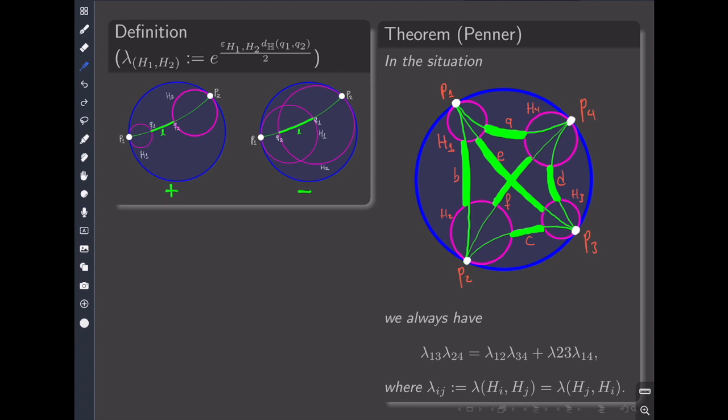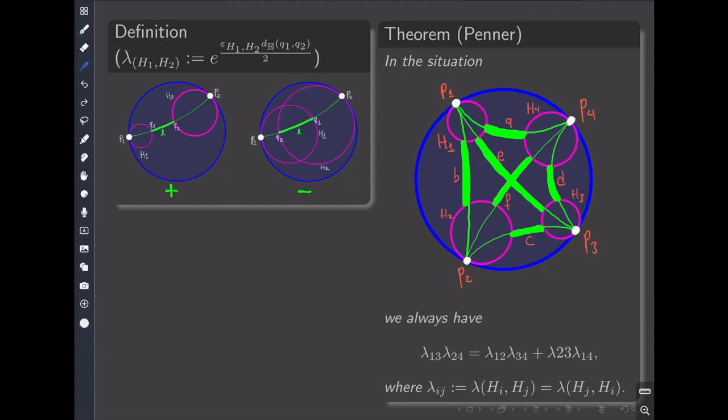Now we distinguish two cases. One where the two horocycles don't cross each other, and the other where the two horocycles indeed intersect. In the first situation, when they don't cross, we define the sign epsilon to be plus, and if they cross, we define the sign to be minus. Second, we consider the hyperbolic distance between Q1 and Q2, the crossing points, or the cutoff points